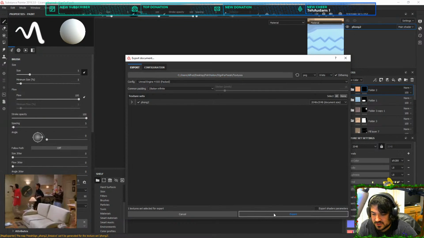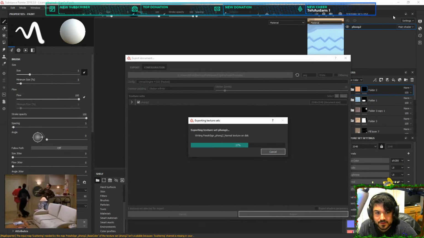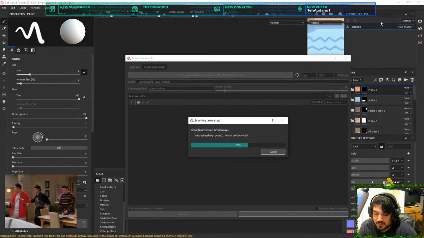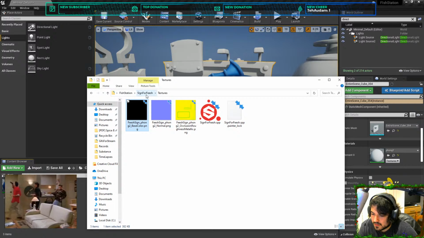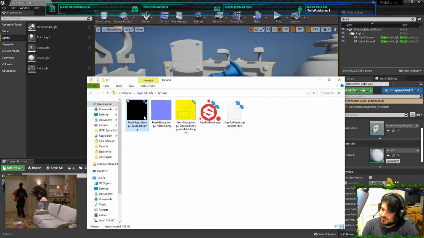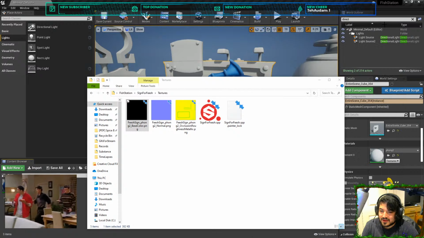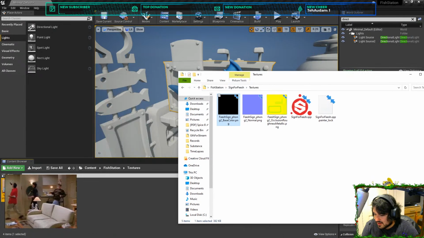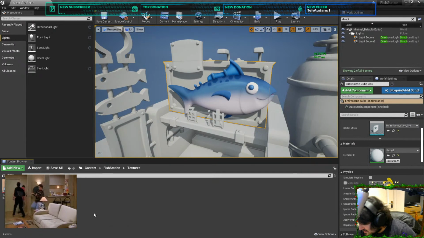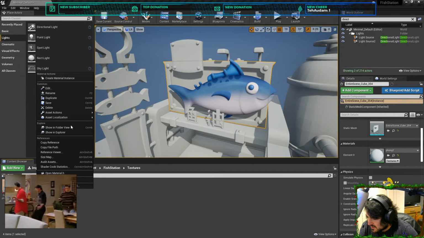Time for fish. Export. Why is the material coming up black? Was that just not loading? Is it actually not black? Oh, it's actually not black. Okay. Thank you, Windows. That's very, very helpful of you.